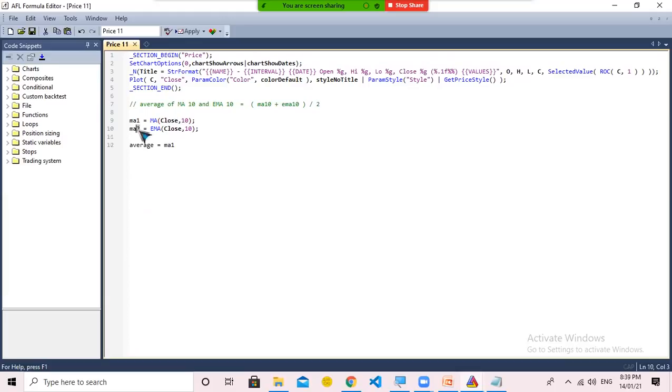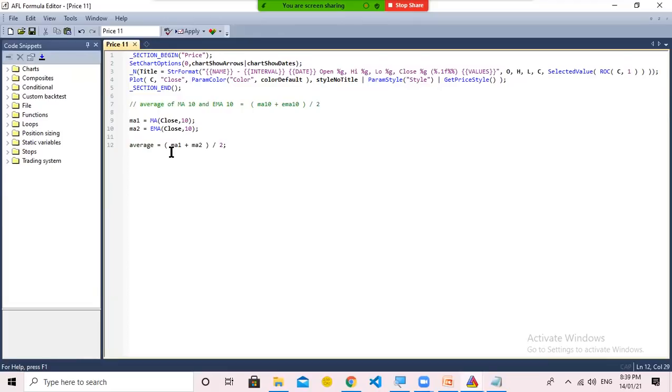MA2 is this which contains EMA10. So MA1 plus MA2 divided by 2. Now this average variable has the value of my desired custom indicator, which is nothing but the average of moving average 10 and exponential moving average 10.